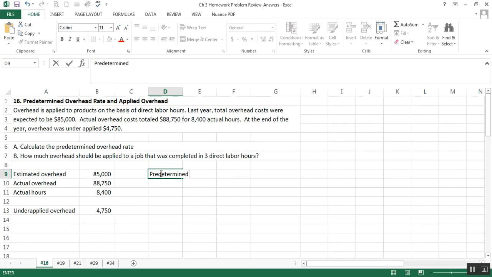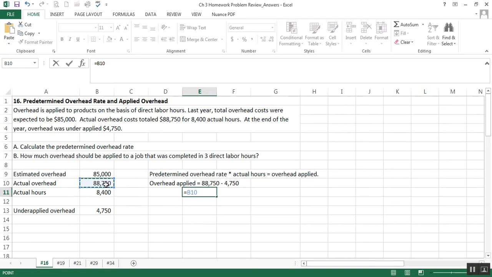Predetermined overhead rate times our actual hours equals our overhead applied. In this case, we know our actual hours and we can calculate our overhead applied to back into our predetermined overhead rate. So our overhead that was applied is going to equal the actual overhead of $88,750 minus our overhead underapplied of $4,750. Therefore, it is equal to